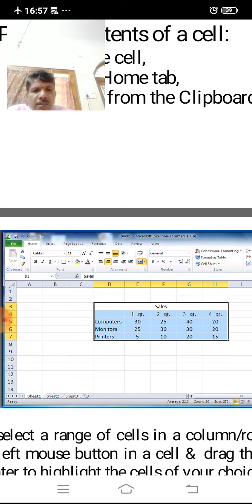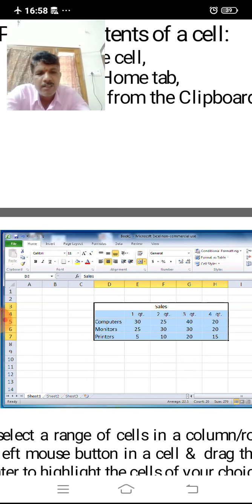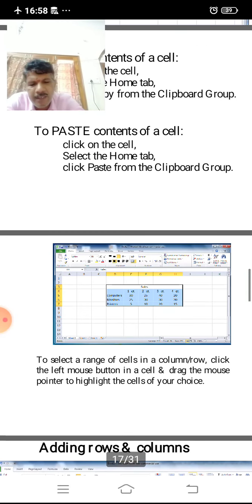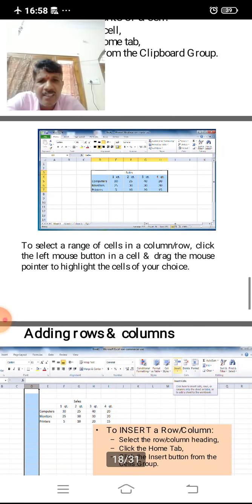In another option, you can select by using the left and right arrow keys while holding the Shift key. By holding the Shift key with the help of the arrow keys, the user has to select this range of cells in a column and row, and a combination of column and row. This is done in two ways. One is by dragging with the mouse, the other by holding the Shift key using the arrow keys. The user can add rows and columns where required.